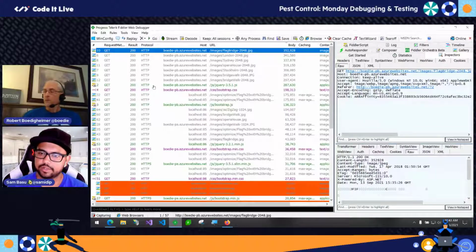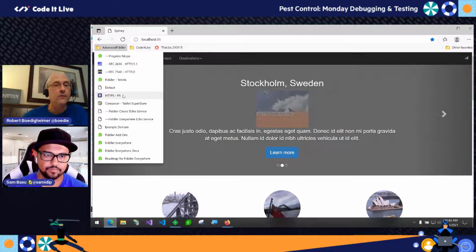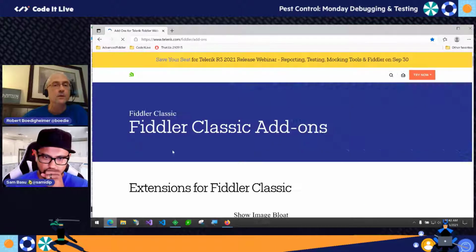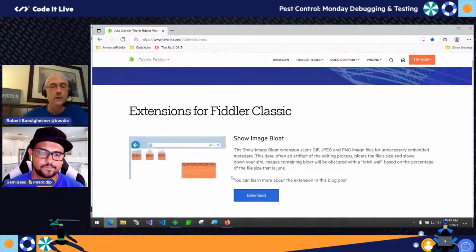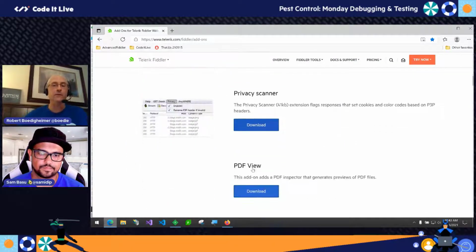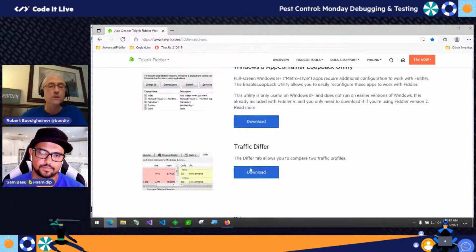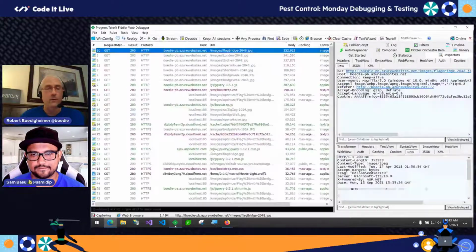And where do you get these extensions? So you can get them from Fiddler's site. I'm not sure if I still have the current URL. Let me see if right there. So Fiddler/add-ons. And then you can see that's the image bloat one. There's quite a few different ones in here that are handy and useful. That's the JavaScript Formatter. So those are kind of cool. Not used these. Yeah, this is amazing. Another one.